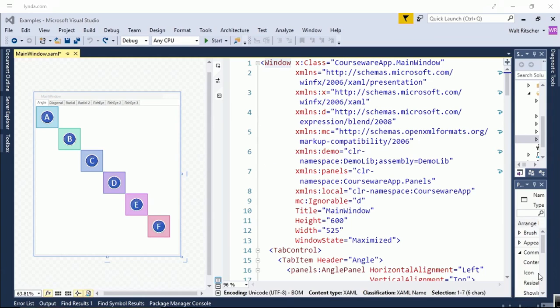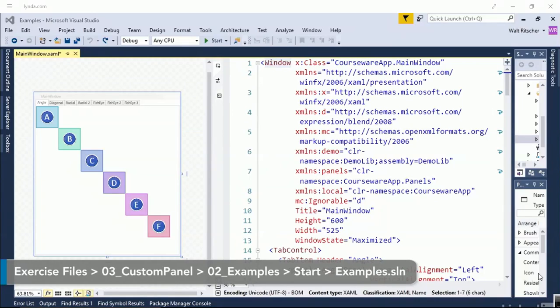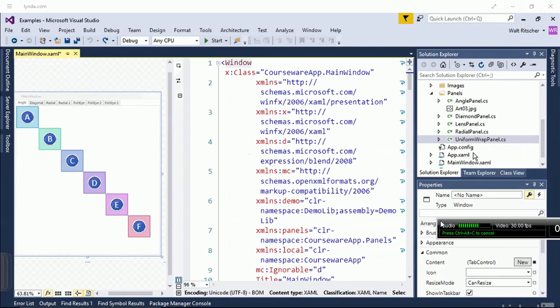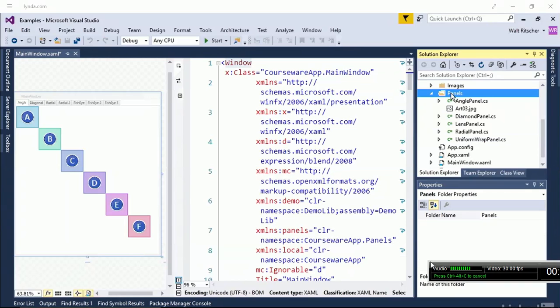Before I show you how to create your custom panel, I thought I would show you some examples of some custom panels so you get an idea of what you can do with panels. In this application, the implementation looks like this. I have a panels folder in my project,